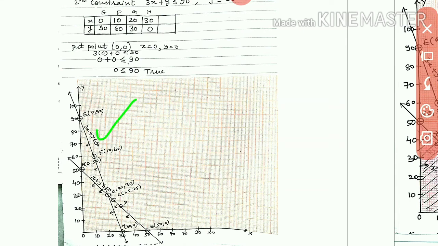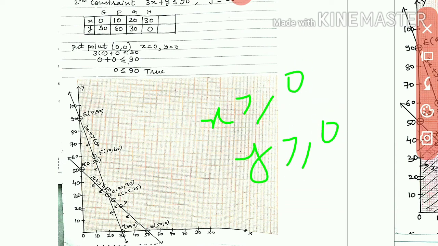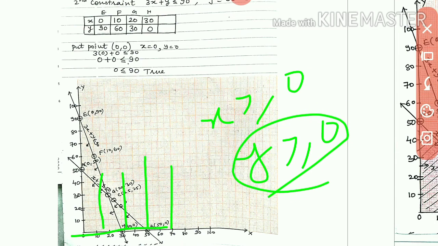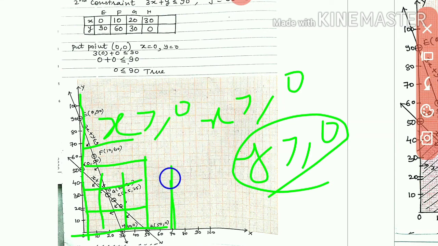And now after that you will check these points, so point you get true. So true means this line also you will mark the arrow toward the 0 0. Now in the equations we have two more conditions, x greater than equal to 0 and y greater than equal to 0. Y greater than equal to 0 means above the x-axis, and right hand side to the y-axis always we have x greater than equal to 0. So this region is x greater than equal to 0, and this line is y greater than equal to 0.